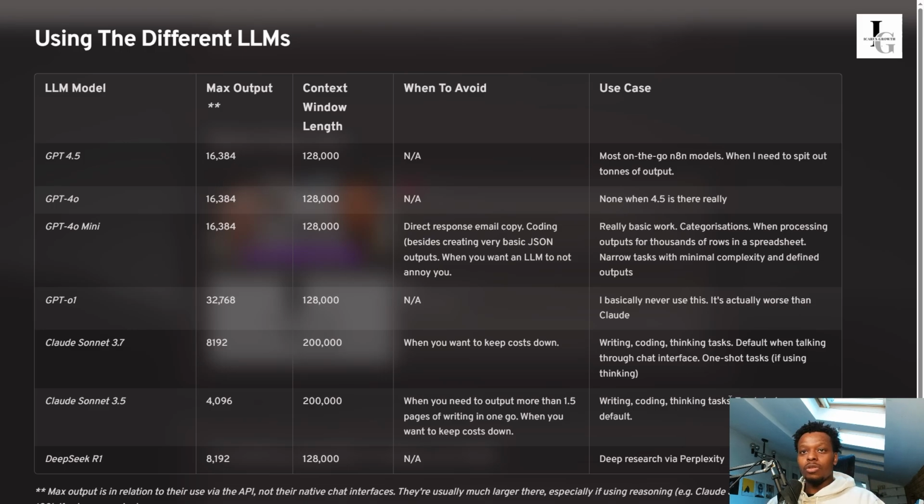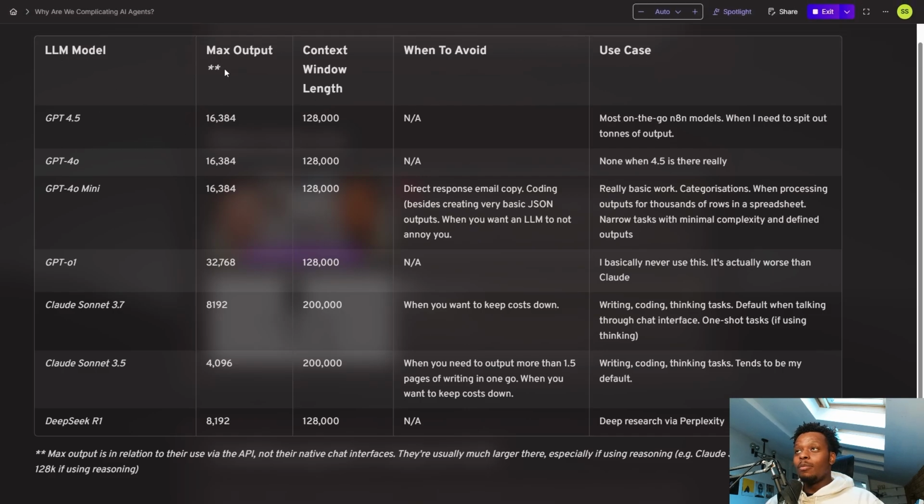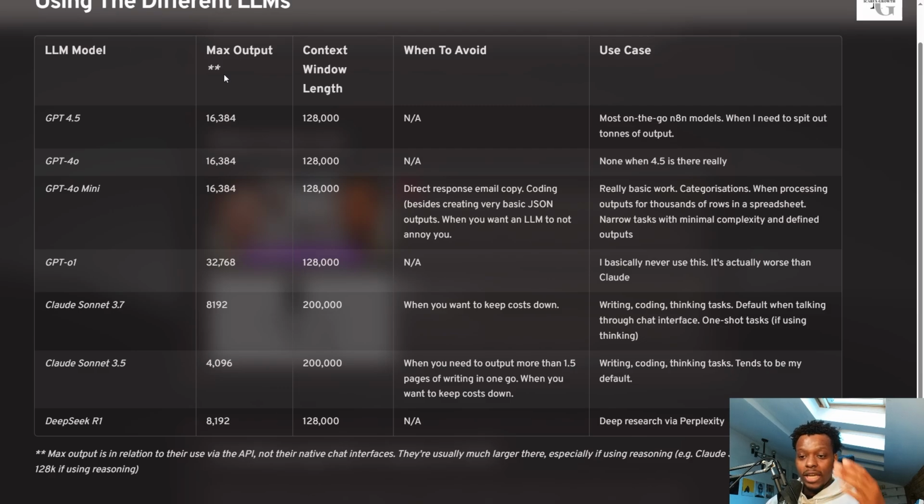So let me scroll down so that you can see everything. So that's everything there. So LLM model, max output, context window length, when to avoid, use case. So the model is pretty self-explanatory. The max output is how many tokens it can spit out as a result. One token is on average about 4 characters. So the word curb or the word grow, the word rich, that's one token worth of wording, which means that